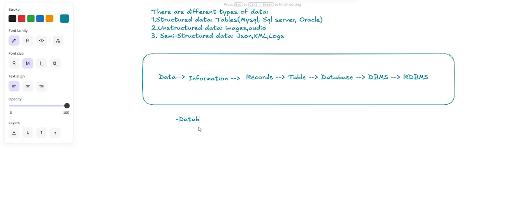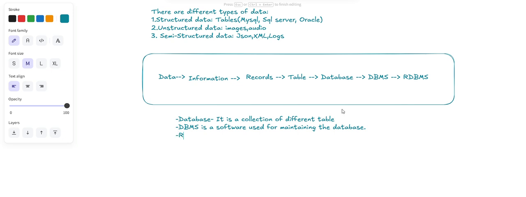A database is a collection of different tables, and a DBMS is software used for maintaining the database. DBMS is nothing but software used for maintaining the database.